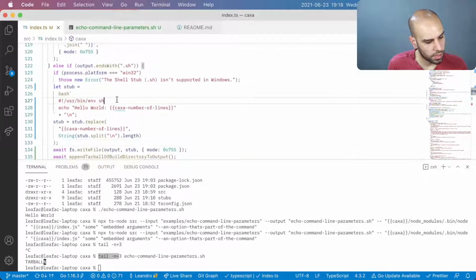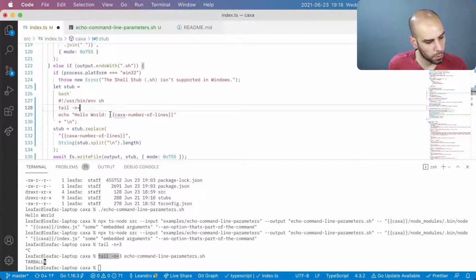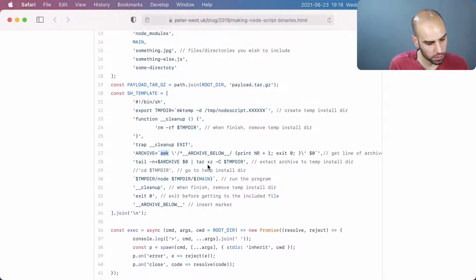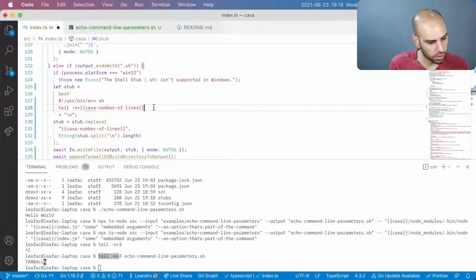So over here, we will want to do something like this. This will get a hold of just the tarball that we are appending to the file. Next, what do we have to do? Well, we have to tar. So let us